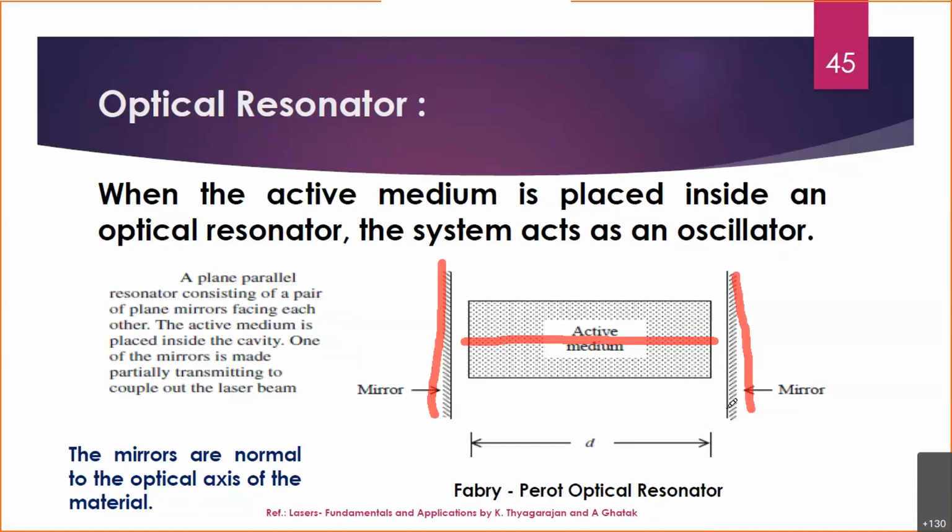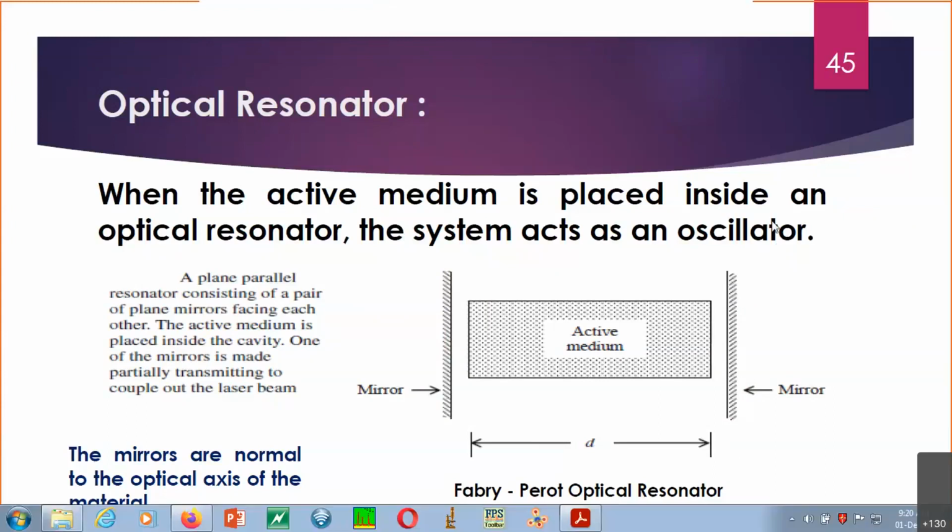I told you this is the simple setup one can obtain, and it was given by Fabry-Perot. On the name of that, we consider this a Fabry-Perot optical resonator. I also suggested that you can go into depth, refer to any book, and find more such setups available for resonators. For example, instead of a plane mirror you can use a curved mirror also. All such things you can easily go through. Now let me move further.